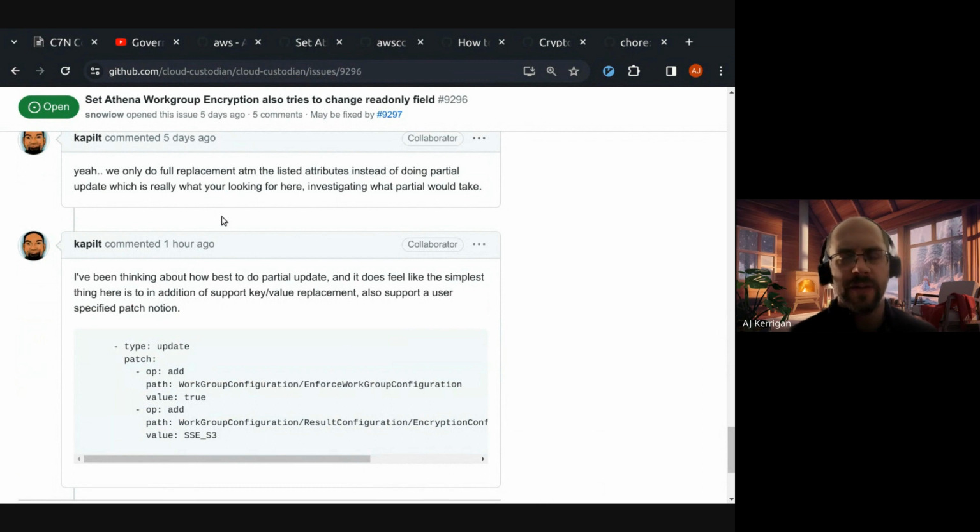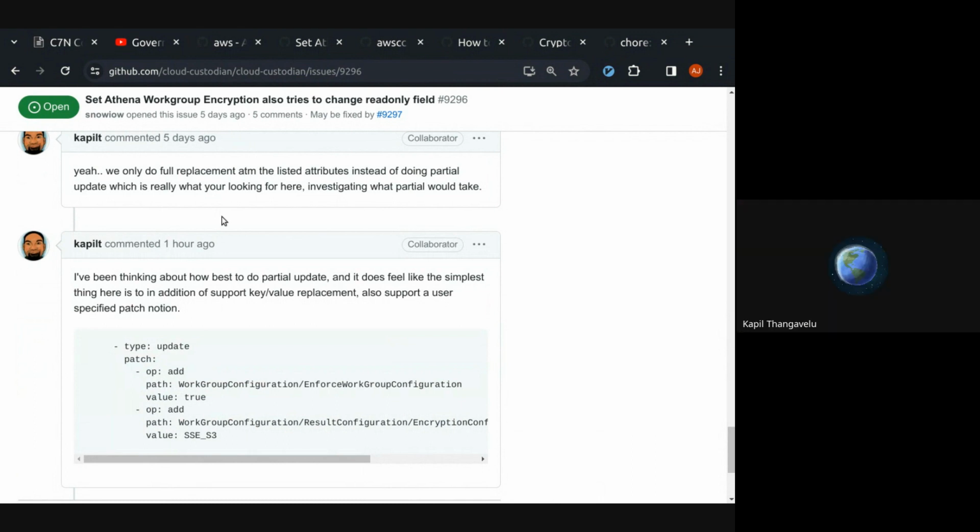And then the other PR that was open was at least just making sure we were only trying to touch fields that were actually readable. Actually, I merged that into this PR. Okay. I did that PR, and then I realized that simply doing that didn't address what he was actually trying to do. Because the way he had structured it, we would be doing partial updates, but we're doing whole value replacement right now.